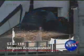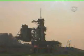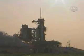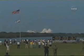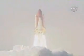Eight, 7, 6, go for main engine start. 4, 3, 2, 1, 0, and liftoff of Space Shuttle Endeavour, expanding the International Space Station while creating a classroom